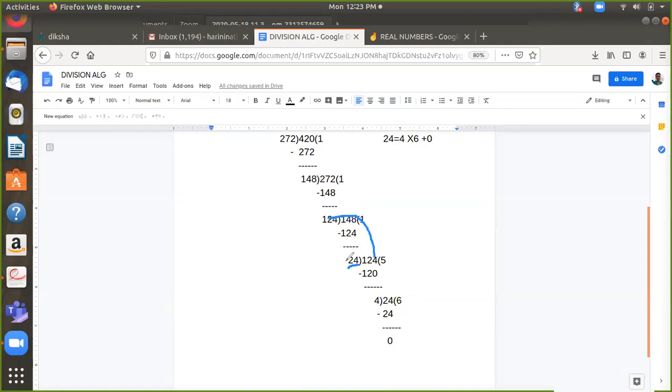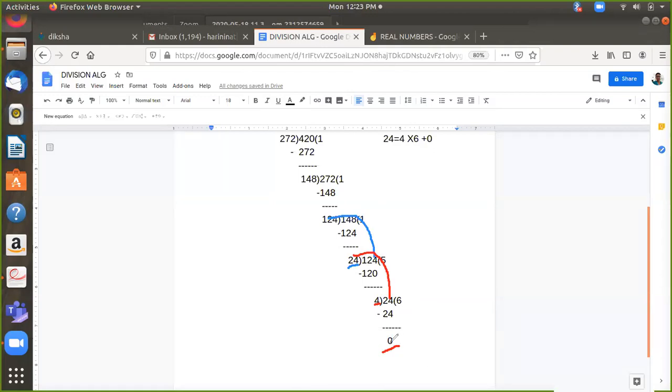Now you divide it with 24. I have 5 24s, that is 120. So again, when the subtraction is done, now I have a new remainder, which is 4. Is it less than the divisor? Yes. So bring down that divisor as dividend. Now see, 24 will be definitely divisible by 4 because 4 6s are 24. So finally I got my remainder as 0.